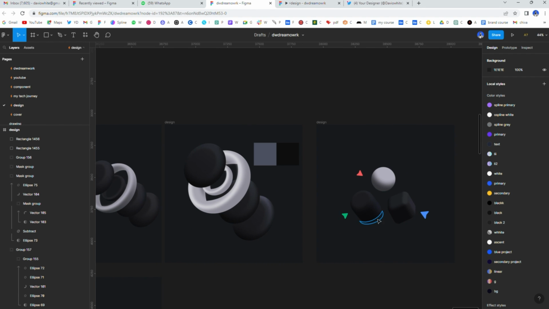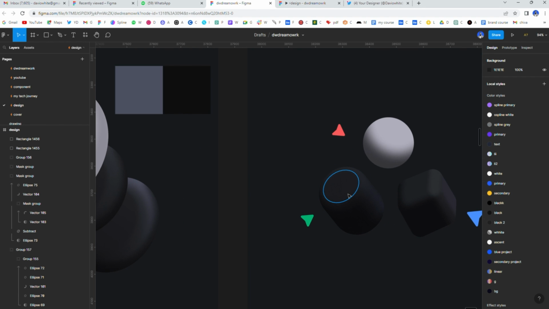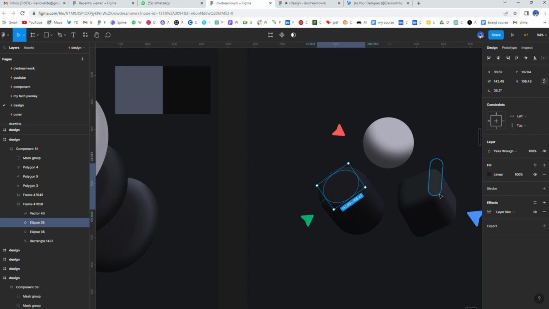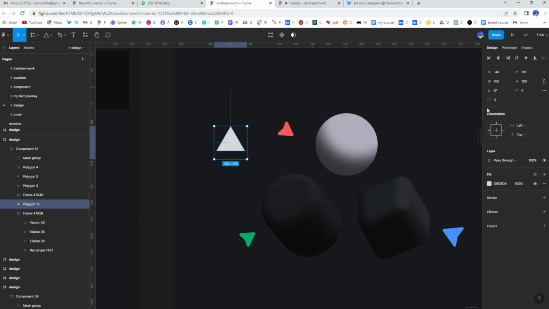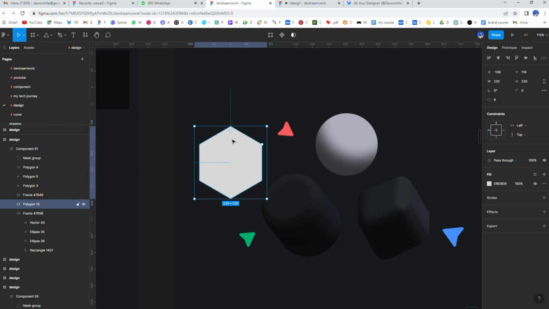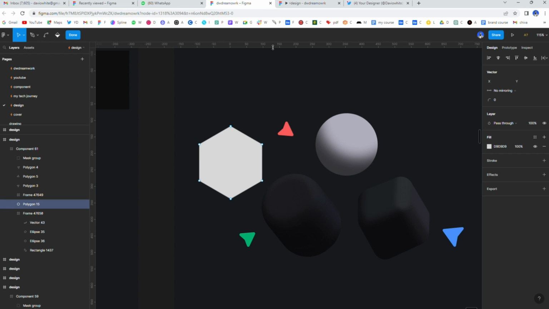The rest of them are the same processes. This is a circle, these are just shapes. This was done by using the triangle tool. So click on the triangle, even the arrows were done with the triangle, and then change it to 6, that's a polygon, and that's it. Just increase the number here and you have a polygon, and then you can twist it to any shape. You can also